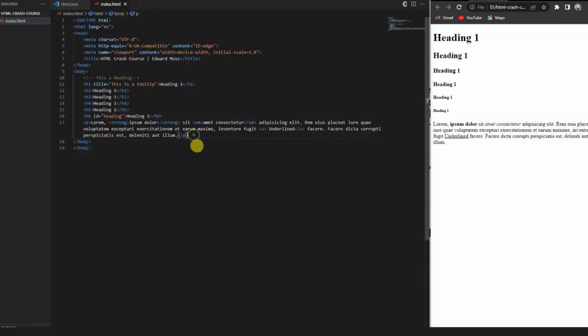So let me just put another self-closing tag. We had talked about HR. So HR is usually a horizontal rule. If you place an HR then refresh, you'll find a line taking the full width of the browser. You can also place